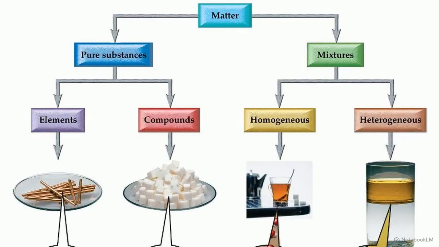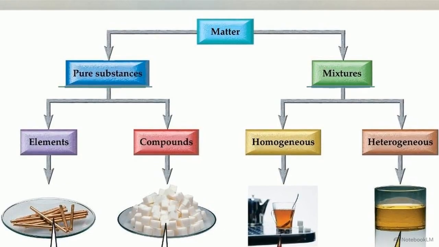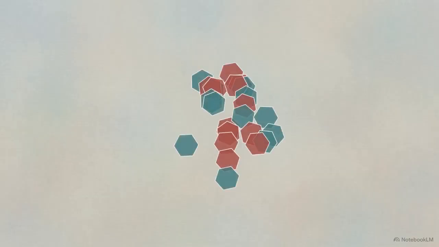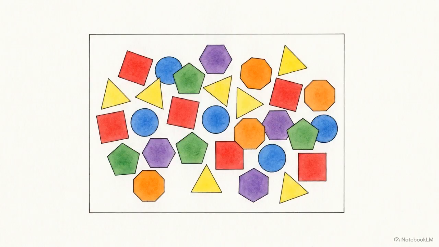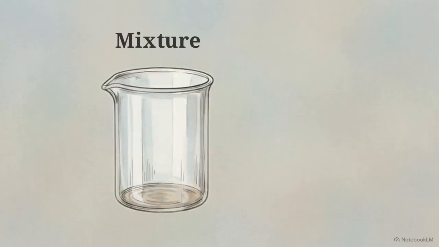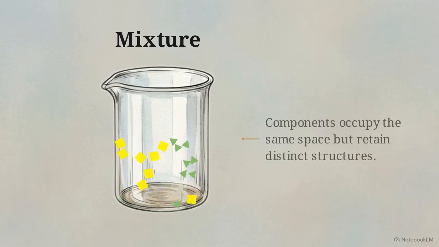This classification diagram shows the definitive map used by chemists to decode physical reality, starting with matter at the very top. Right away, the map forces a foundational binary question that governs the entire system. Can the material be physically separated? Physical separation means pulling a material apart into distinct components without altering their chemical identities. If the answer is yes, the material falls into the mixtures category. Here, components are merely blended together, occupying the same space but keeping distinct atomic structures.